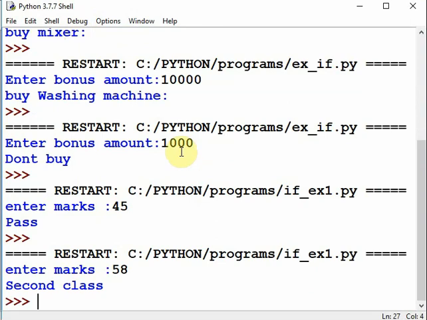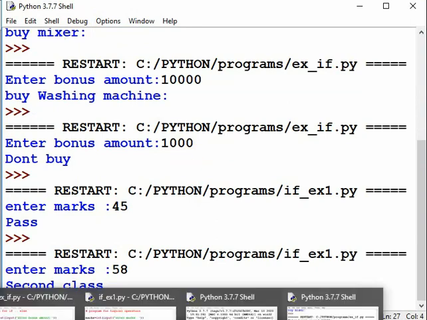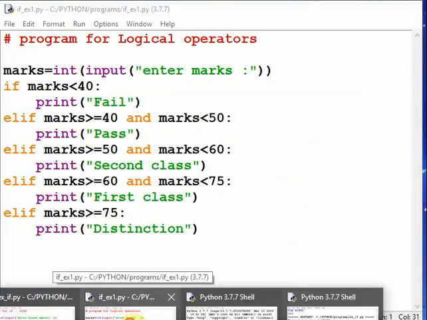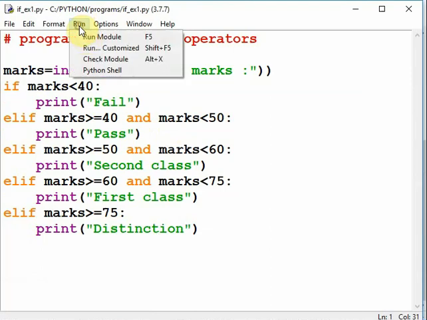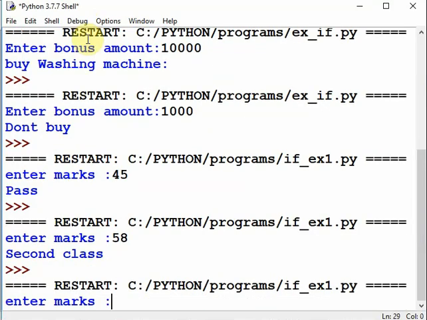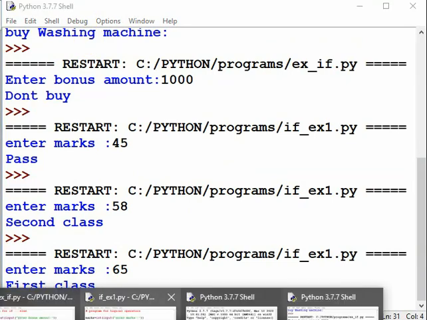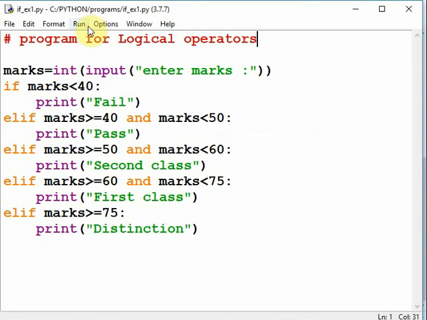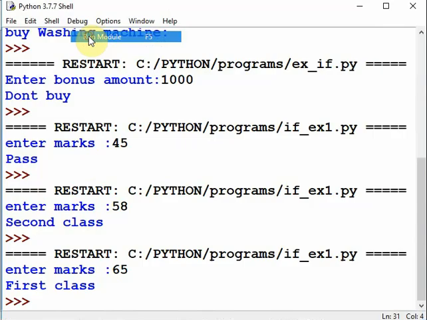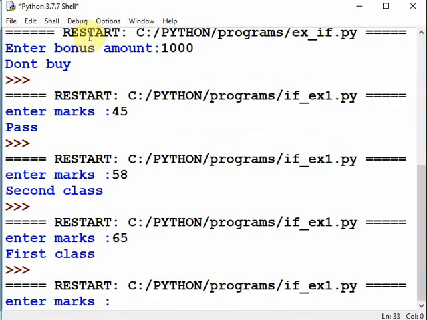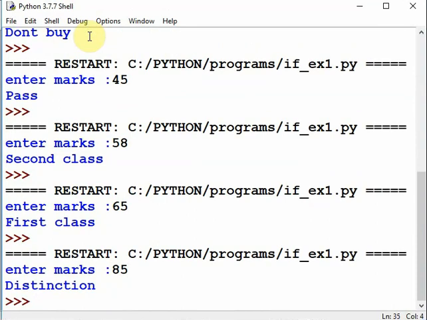Second class. Again run the module. Marks is 65. First class. Run. 85. Distinction.